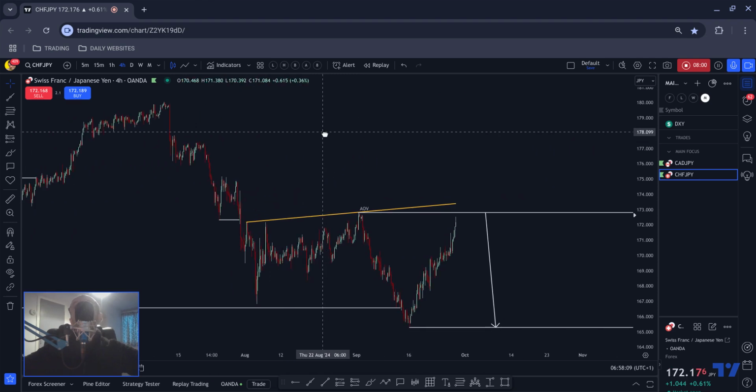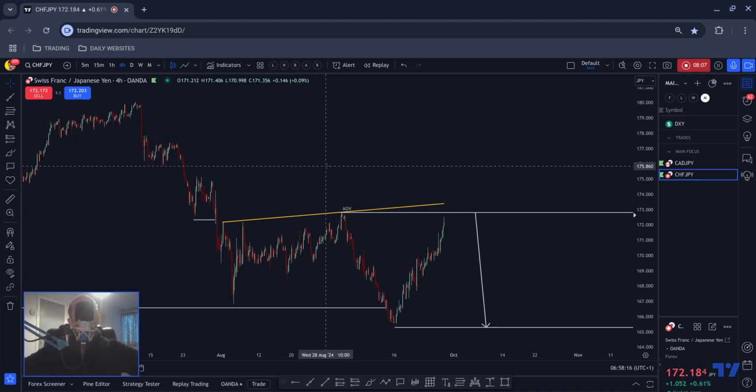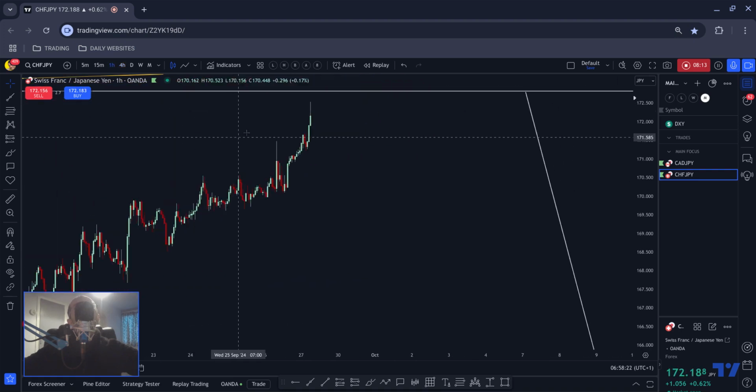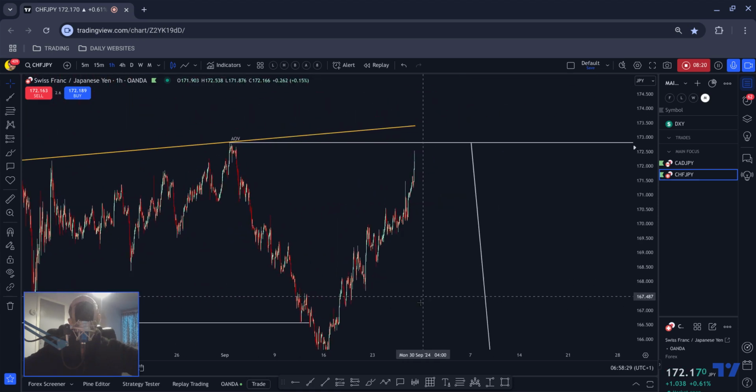Okay, I've noticed with some of the more corrective pairs that they tend to pull back up to about 60% of the length of a move before committing in the forecasted direction, as opposed to a maximum of like 50% on the less corrective pairs. You can see that we're wicking to that area. That doesn't surprise me. One of the reasons I said on CAD yen that we might get a little ending